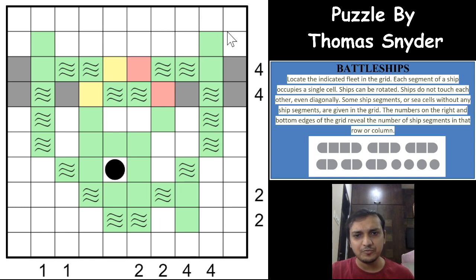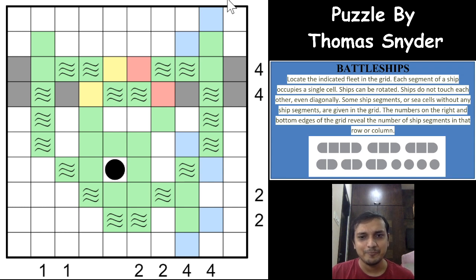Let's see if we can eliminate a few more cells. Excellent logic here, incredible puzzle, I would say. So the same logic applies here again. If you see, one of these 2 cells has to be a ship. Both cannot be there, because you will form a diagonal pattern here. Again, both of these cells and both of these cells, right? Superb logic here. So one of these 2 cells has to be a ship segment, one of these 2 cells and one of these 2 cells, which means that we have eliminated 3 cells again. Out of the 10 remaining, we eliminated 3 cells more,